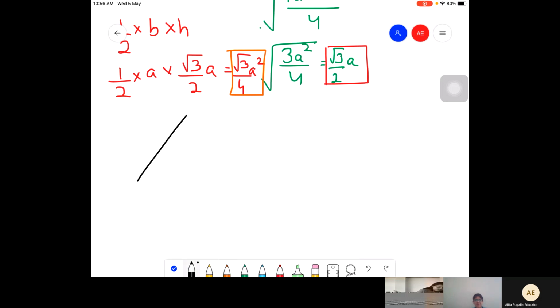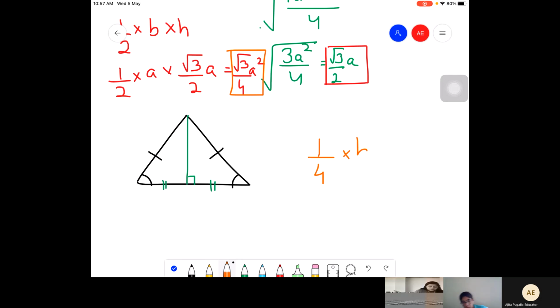Now, what is an isosceles triangle? An isosceles triangle is a triangle in which two sides are equal and two angles are equal, right? So even in an isosceles triangle, when you draw a perpendicular line, it divides the base into equal halves. That also is known, right? So if you figure it out, the area would be 1/4 into base into root of 4a square minus b square. That's the actual formula. That is not very friendly looking. That's what I told you, most of the students do not like using the isosceles triangle formula.